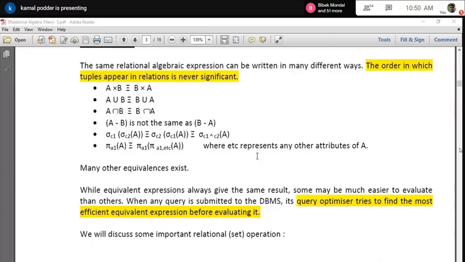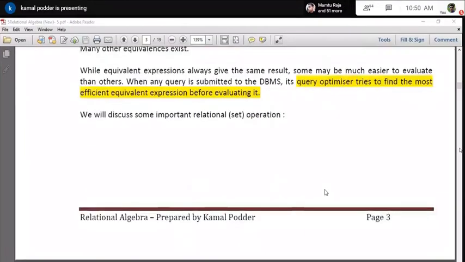That means if you run any of the expressions, it will generate the same result. Then, on the basis of various statistics, it tries to find out which one is the most optimal, that means which will run fast. Only then will it generate that particular execution plan. That is the reason you should have some idea of the equivalences.